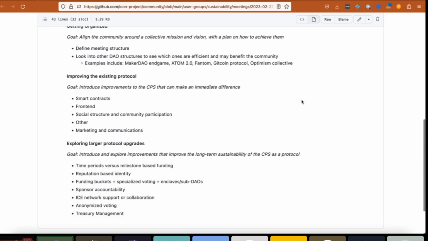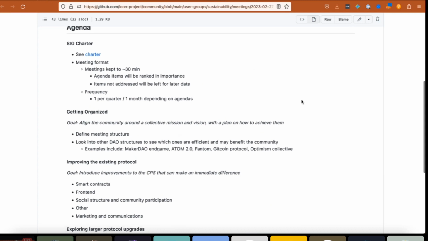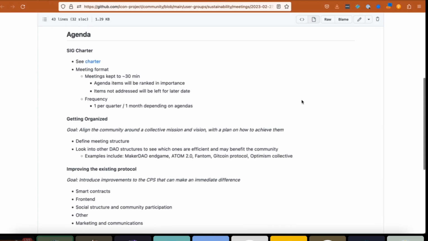This is going to be a two-part, or I guess a three-part meeting. Generally, I want to wrap this up no later than something like 25 minutes from now. The idea is that this becomes a regular meeting to discuss the way that the CPS is run, including the current state of the projects on the CPS and the functionality of the CPS, so that we can direct our efforts towards the most optimal solution for public funding for our community.